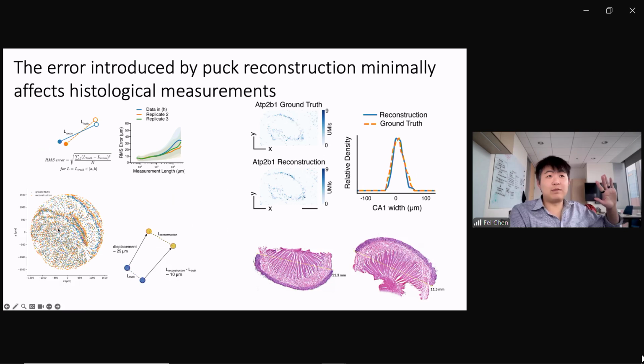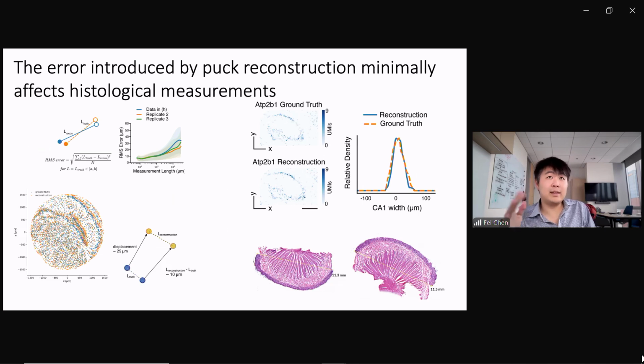So what does this local deformation actually represent? It represents a little bit of stretching or shrinking of the tissue, on the order of about 2 to 3%. And it's quite similar to the level of histological stretching or shrinking that you would get from serial sections. This is actually two serial sections we took on a cryosection of frozen tissue. And that makes sense because it's about 1 to 2% of the tissue.